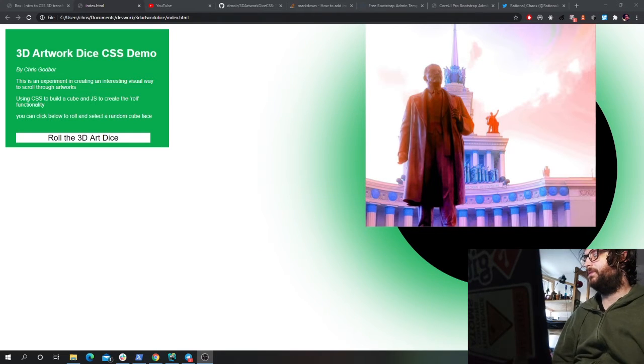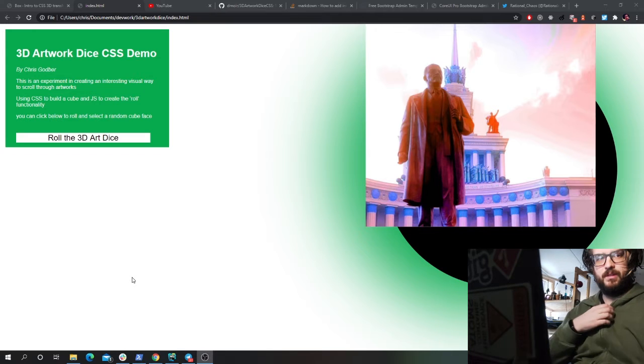and it's got some JavaScript, so you can select a random face and it'll spin around to that face of the cube. So we create a 3D cube and then spin it around when that face is selected. Without further ado, let's have a look at the code. Actually, before we look at the code,